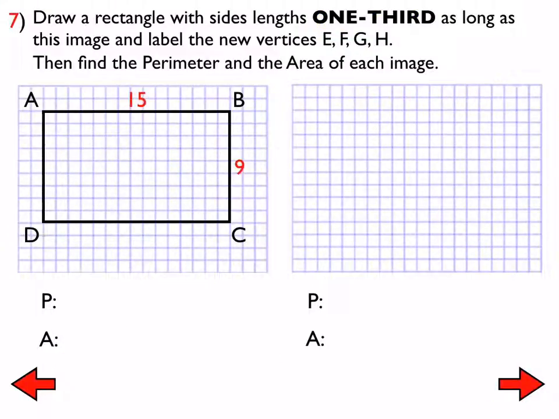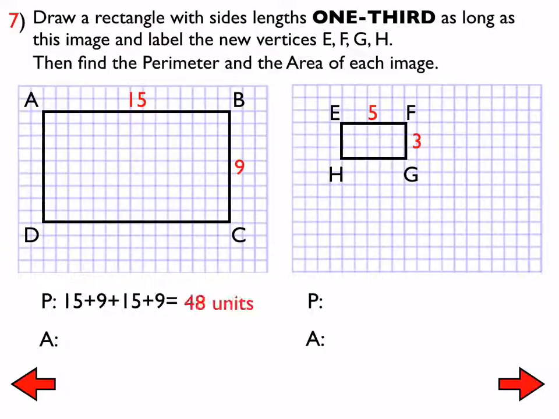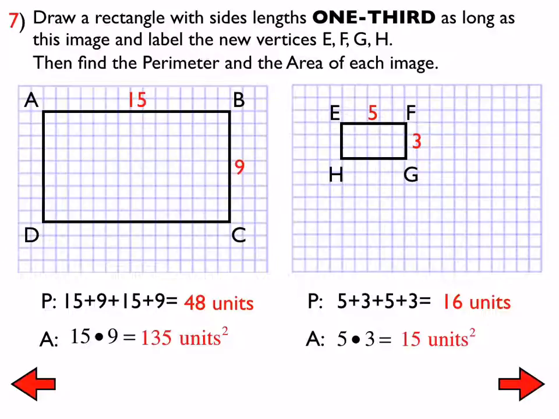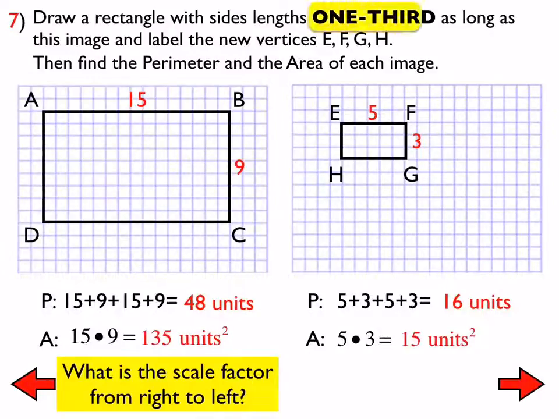And then number 7, 1/3 as big for our new one. So it better be 5 by 3. 1/3 is the scale factor. The perimeter would be 1/3 as big, but our area would be 1/9 as big. 15 is 1/9 of 135. And that was the last problem. We are finished for